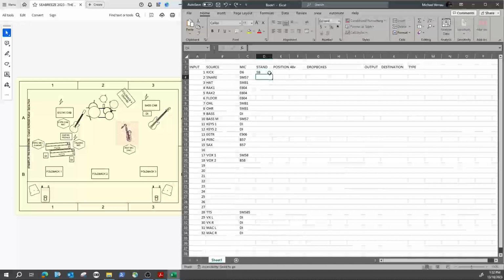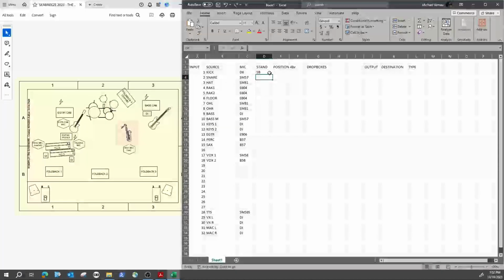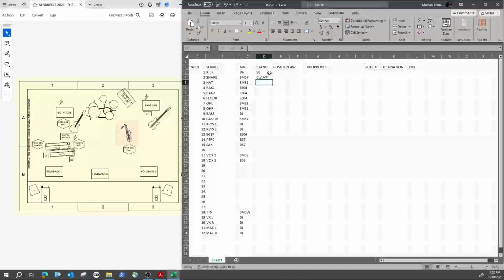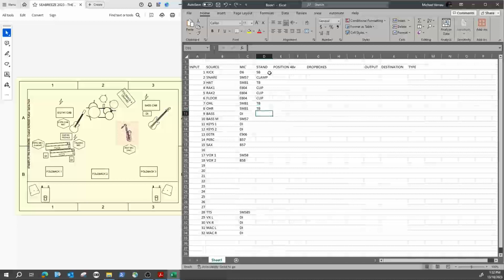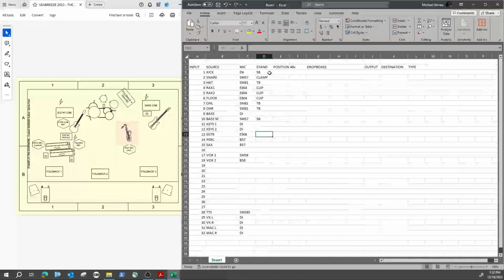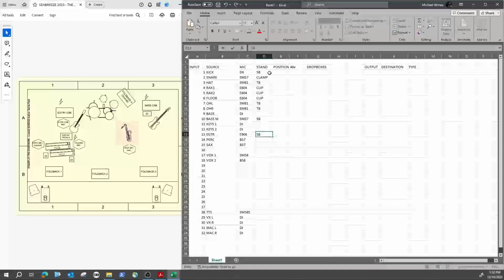Short boom on kick, a Shure drum clamp on snare, tall boom on hat. The Sennheisers have clips. Tall booms on overheads. Bass DI doesn't need anything. Short boom on the bass mic. Nothing on the keys. E-guitar I'm going to put on a short boom, although I could hang it from the